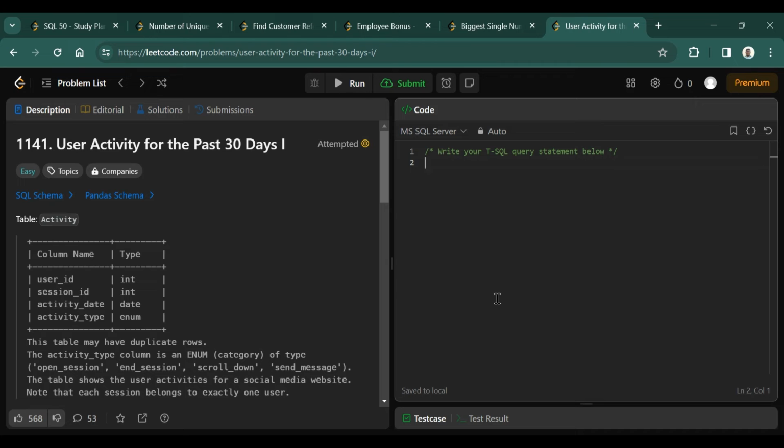In this part, we will see 5 more SQL interview questions. The first question is user activity for the past 30 days. So, for that, we have a table called activity, and the columns are user ID, session ID, both are